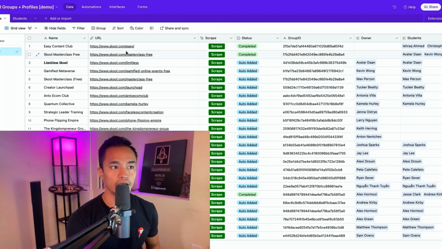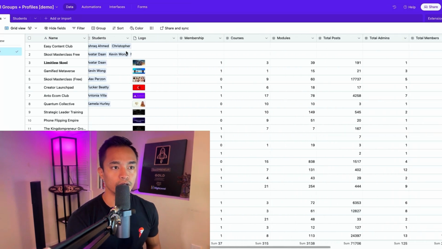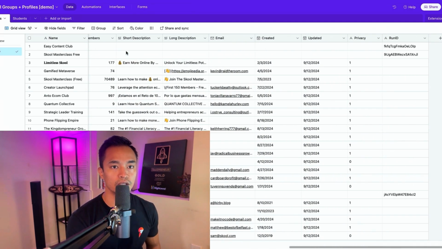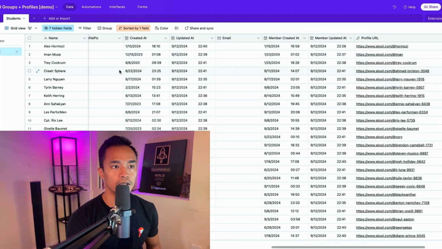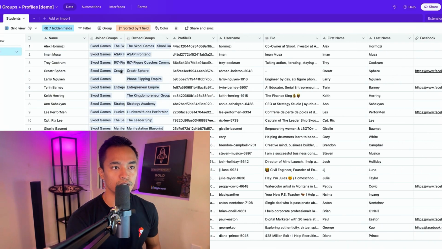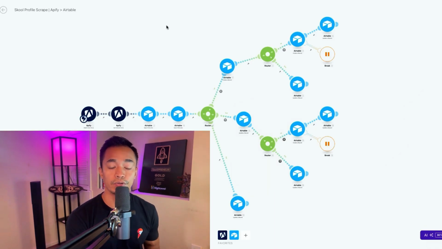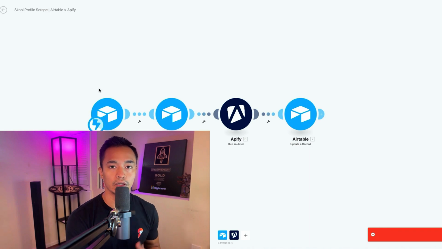So you can see here that we'll be able to grab all of the information on the Skool communities, as well as the members inside of those communities. And just to give you an overview, we'll be using make.com automations. We'll have two scenarios where, starting with the Airtable, we'll just need the URL of the Skool community to trigger